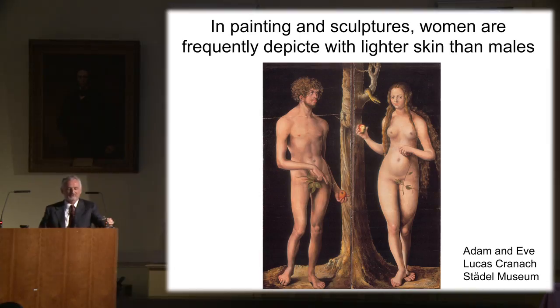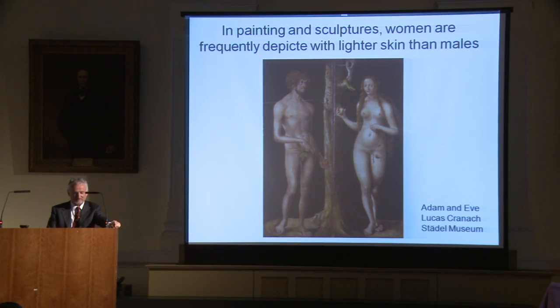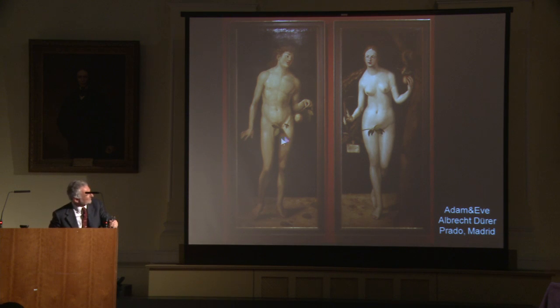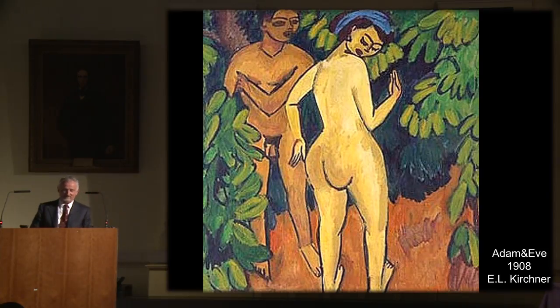You don't have to go that far, because also in, I hope you see that, this painting of Lucas Cranach of Adam and Eve, the man is more pigmented than the woman and more pronounced. You see that here in Albrecht Dürer's depiction of the same theme, Adam and Eve in the Prado, and you see the darker male and the lighter female. And even in the 20th century, Adam and Eve by Ernst Ludwig Kirchner were depicted in different skin tones,